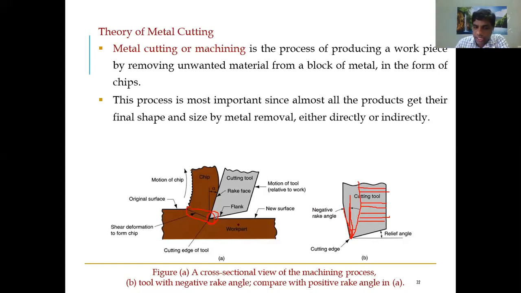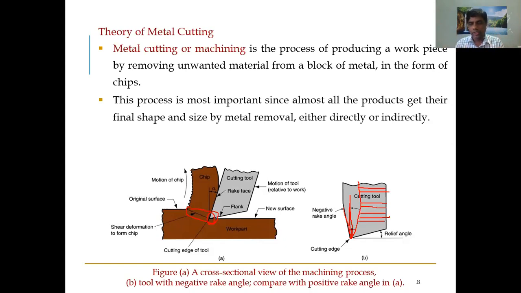With a negative rake angle the tool is stronger, but you need to apply more force to deform and cut the material.